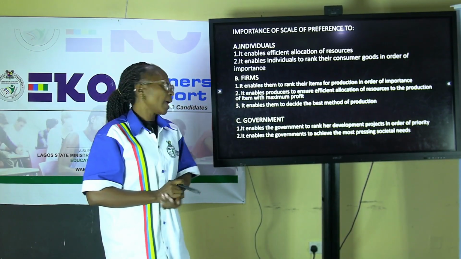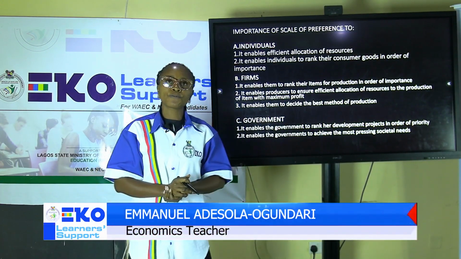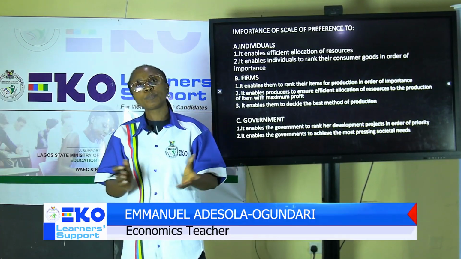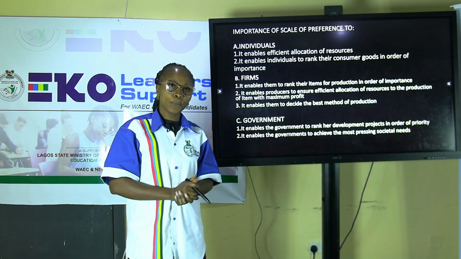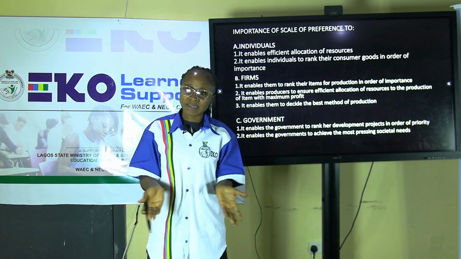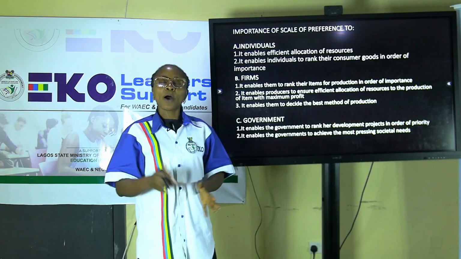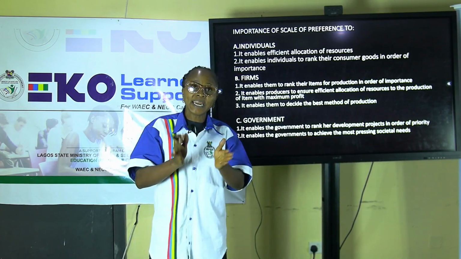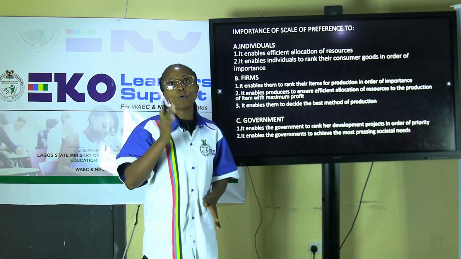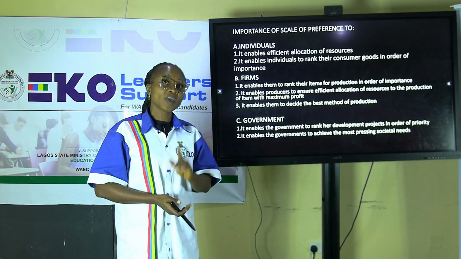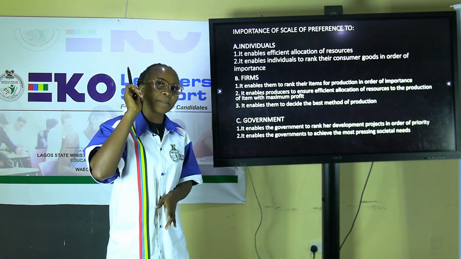Now to the firm. Now, number one, it enables the firm to rank the item for production in order of importance. That is, a particular firm that wants to produce, maybe they want to produce bread, and at the same time they also want to produce water for people. They want to produce pure water. Now they look at the resources they have at their disposal, and they look at the needs of the people. When they discover that, oh, the people in that environment, they are really in need of drinkable water, they will have to leave production of bread and go for the production of water first. It's not that they will not produce the bread, but they will have to first of all satisfy that particular